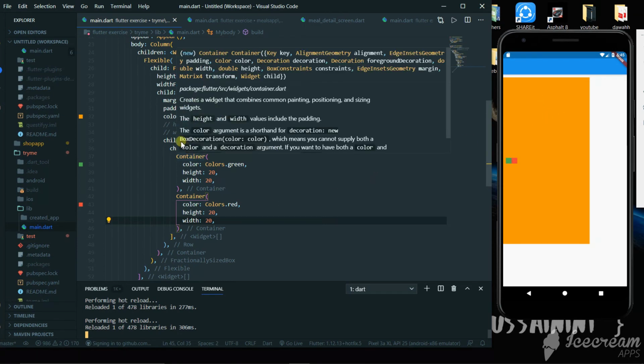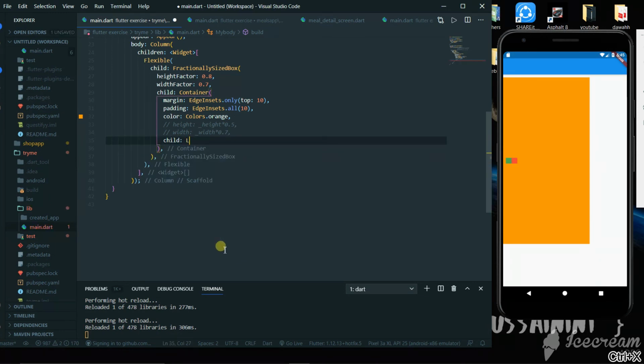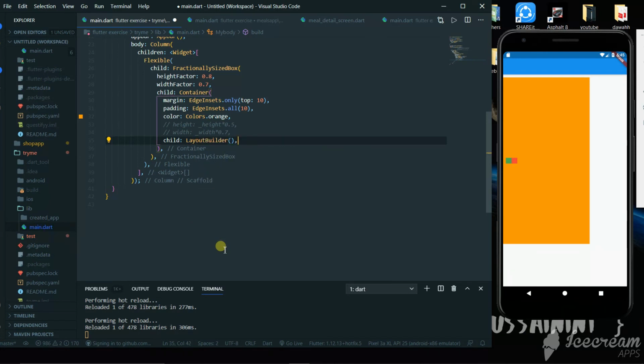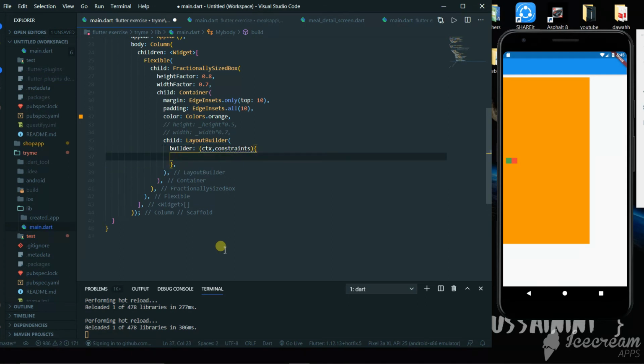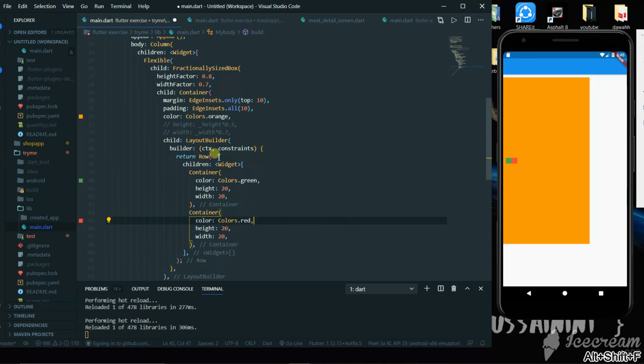So what we'll do is we'll cut this row and we'll give a widget called LayoutBuilder. So it has an attribute builder, and inside that we'll give context and constraints, and we'll have to return the widget that we are passing in this. So now we'll paste this row inside and we'll give a semicolon at the end. So we have wrapped this inside the LayoutBuilder.